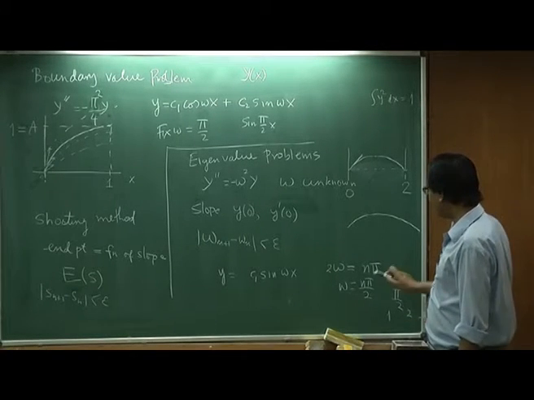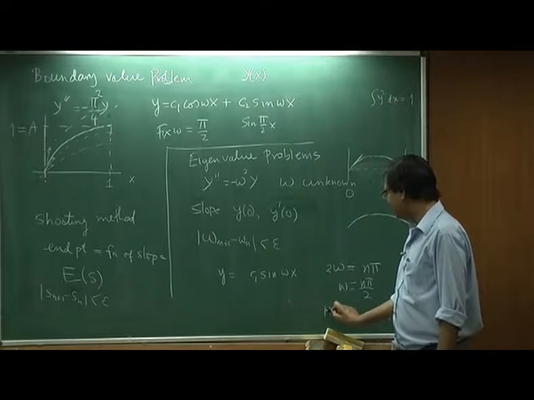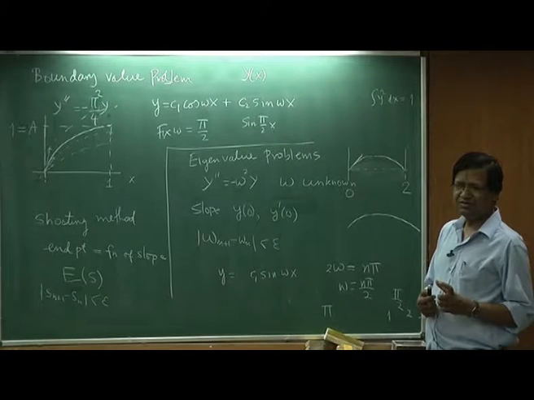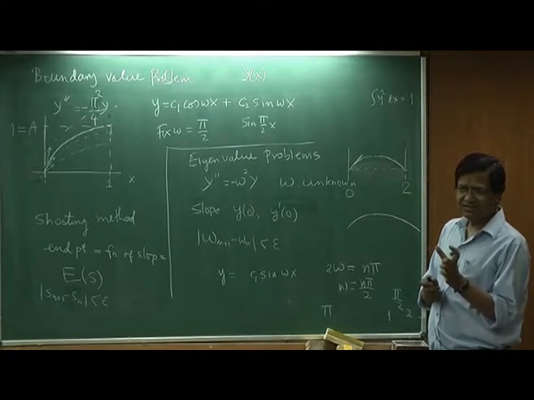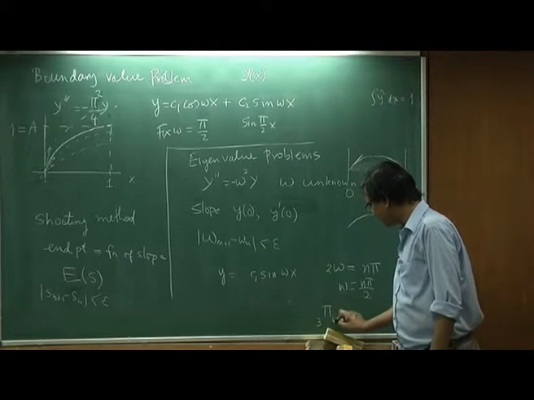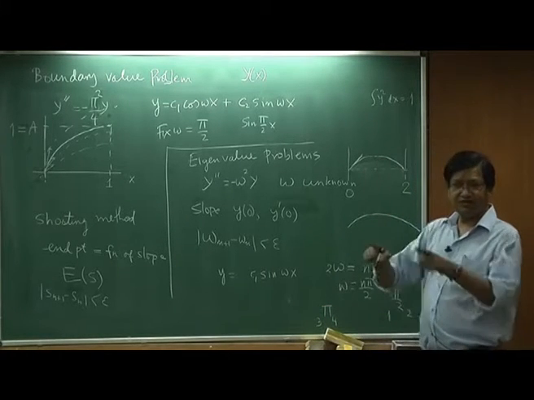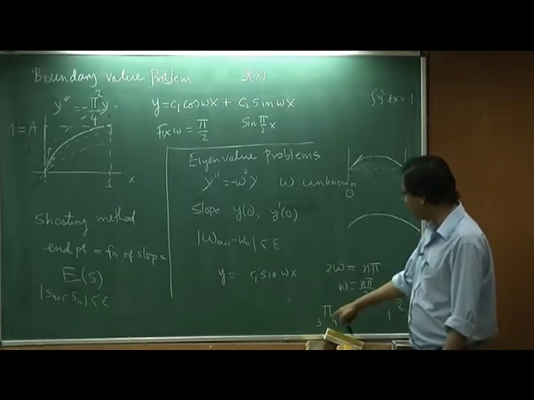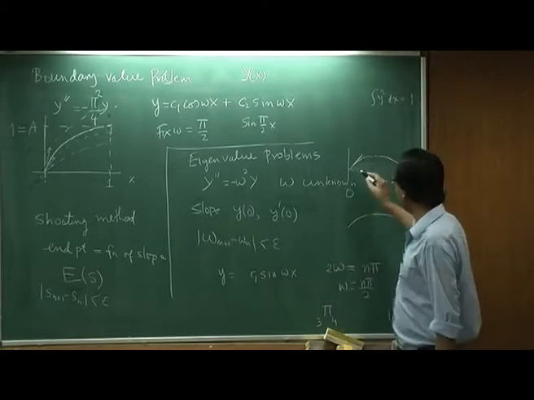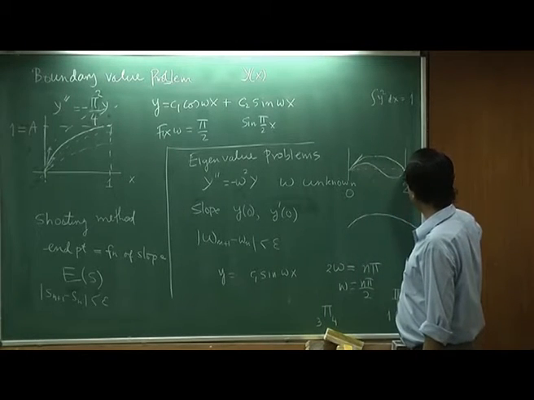But suppose I want the next solution which is pi, then what should be my new first two trial solutions? You should bracket 3.14. So you should choose 3 and 4 and then you will converge. So if I start with 3 and 4 as my first two trial omegas, then I will get this.